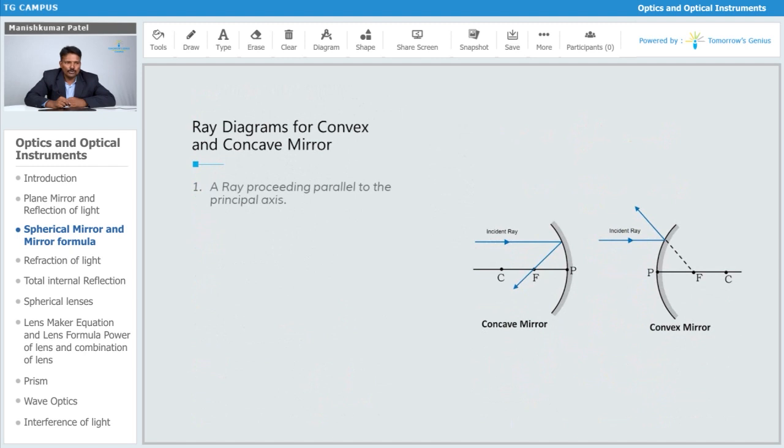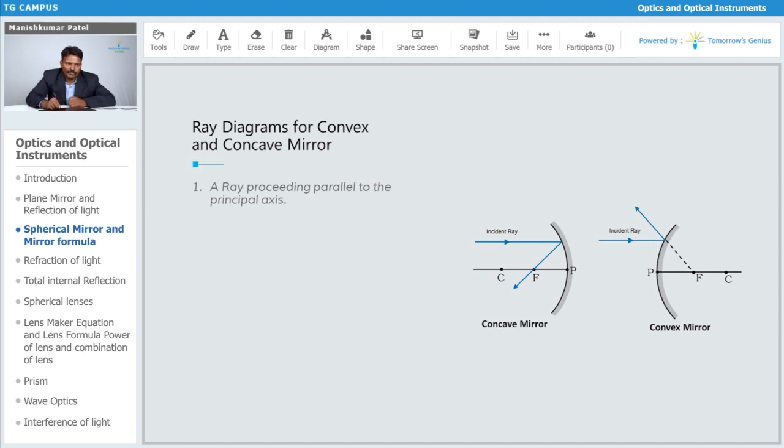Again, how to draw those ray diagrams, that is also an interesting thing. How exactly do we locate the image? What is the procedure for that? Where should I keep the object? Then the object is going to emit the light. Let's say the object is at infinity. So this is your incident ray coming from infinity. If the ray is parallel to the principal axis, then it is going to converge at the focus. That is the principal focus, which I have shown for the concave as well as the convex mirror.